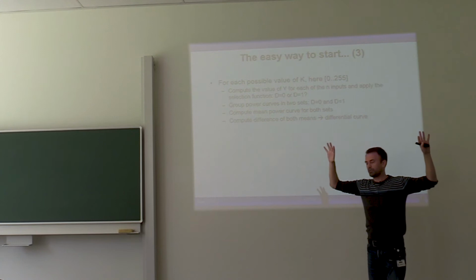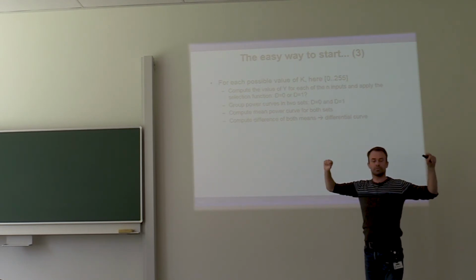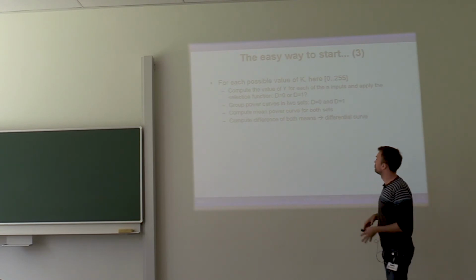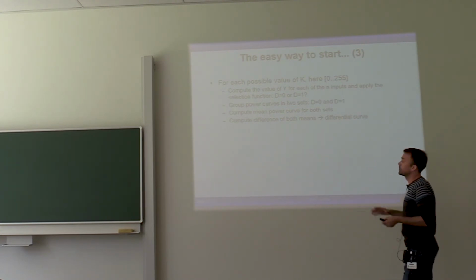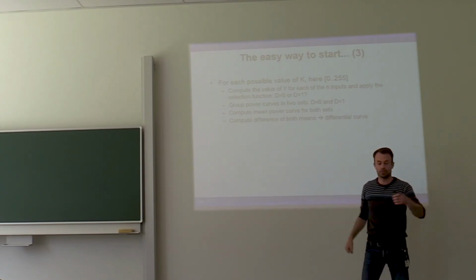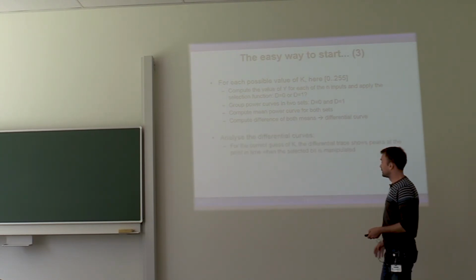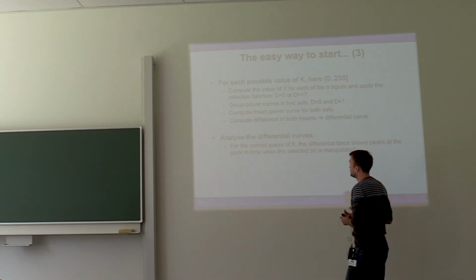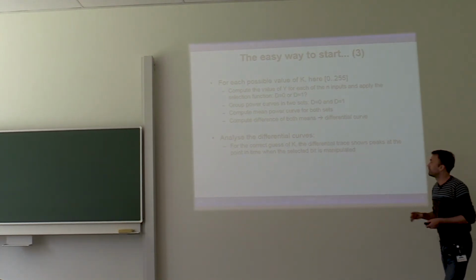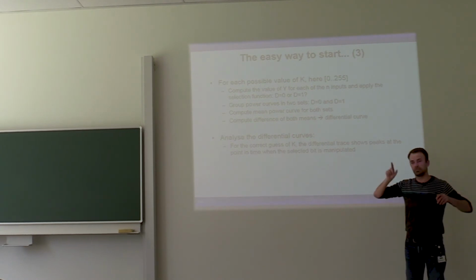Then we compute the average of all the measurements in one group and the average of all the measurements in the other group, just to reduce the noise in the measurements. Then we compute the difference between these 2 averages. You get a differential curve. And the idea is that for the correct guess of the key, the differential curve will show some spikes